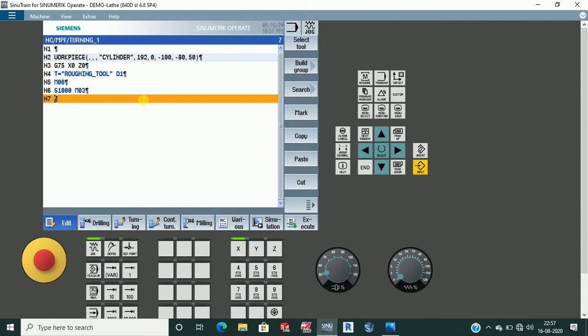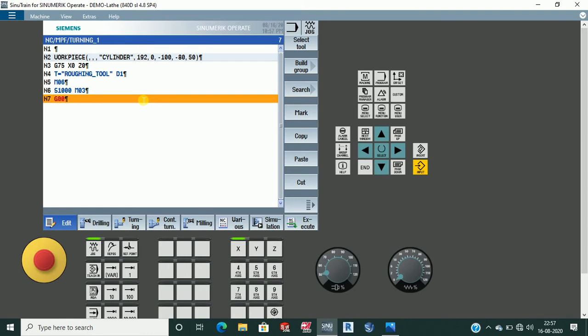Now, what was the size of our workpiece? 50. And the length was around -80, till -80. So first we'll bring our tool to a safe position near the workpiece. We'll use command G00.